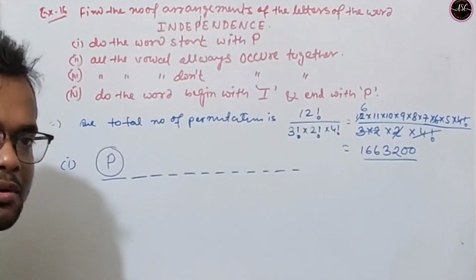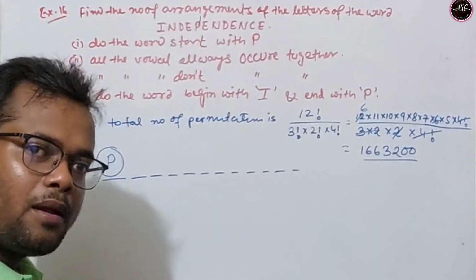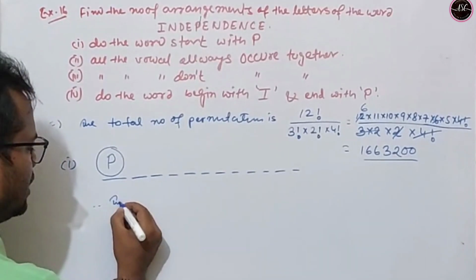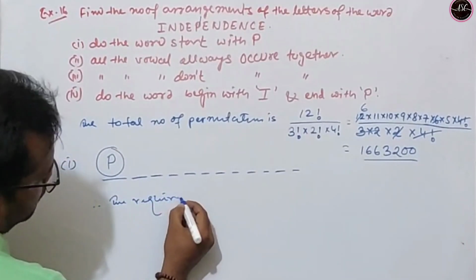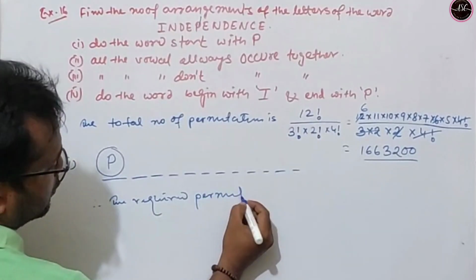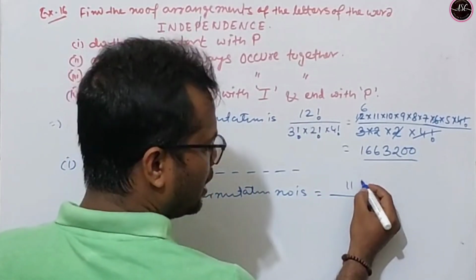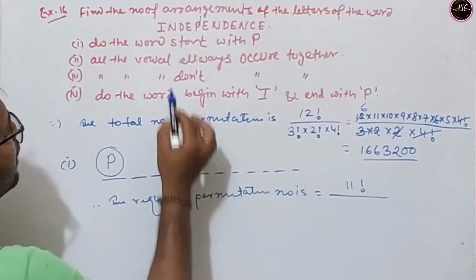Now among the 11 letters, the required permutation number is, as there are 11 letters, 11 factorial divided by